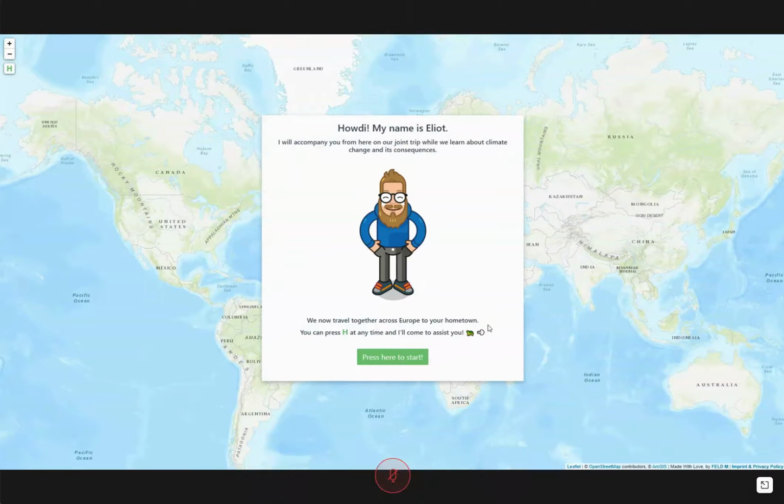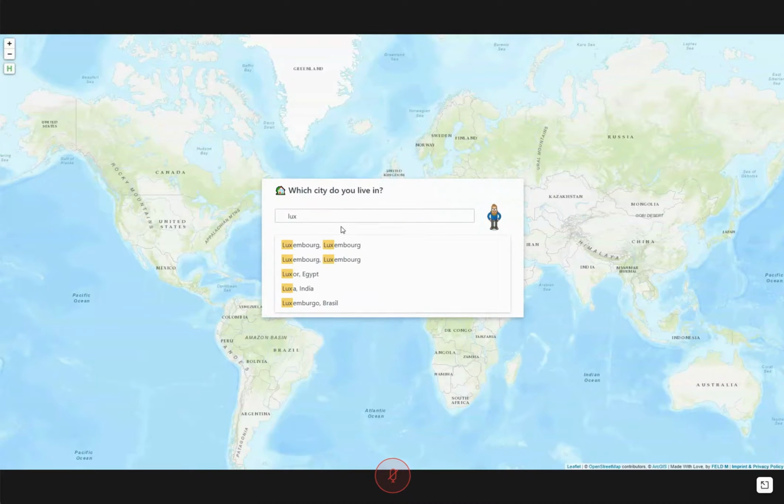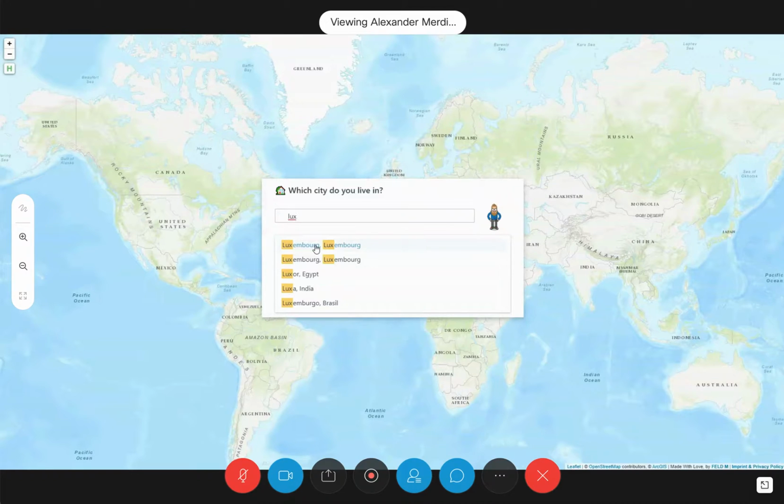Okay, so the next step is to select the city you live in. For example, we can type in Lux and select Luxembourg, so that you don't get just random information on some European country, but information that is tailored to the actual city, to the actual country where you live.